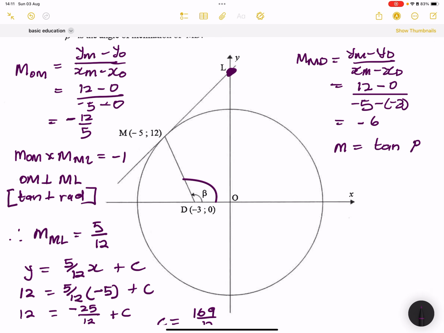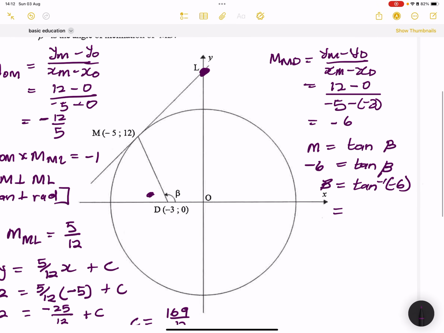Now I want you guys to keep in mind, because we have a negative gradient, which means we are going to get this angle over here. So all we need to do is subtract from 180. So we're going to say negative 6 is equal to the tan of beta. And so beta would be equal to the arctan of -6. And in this case,